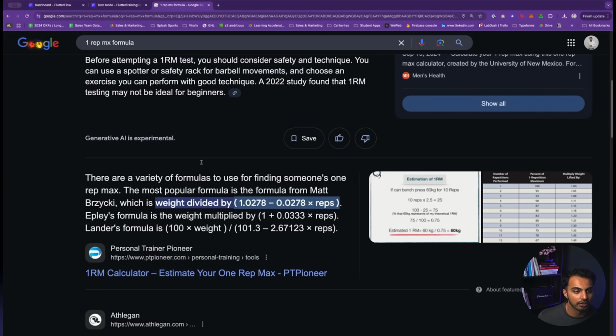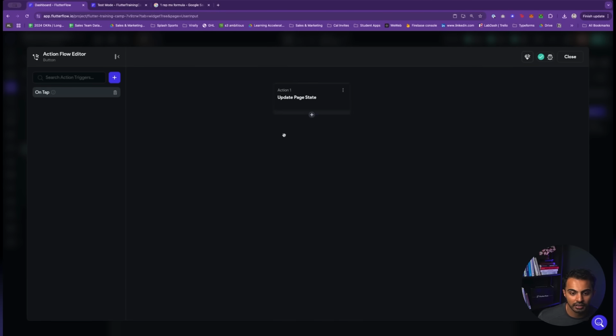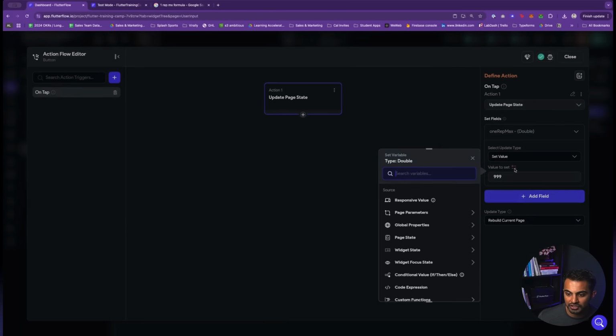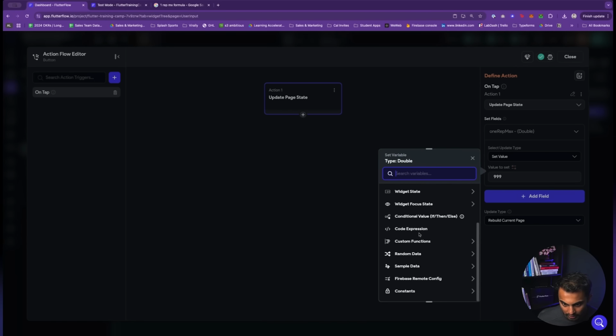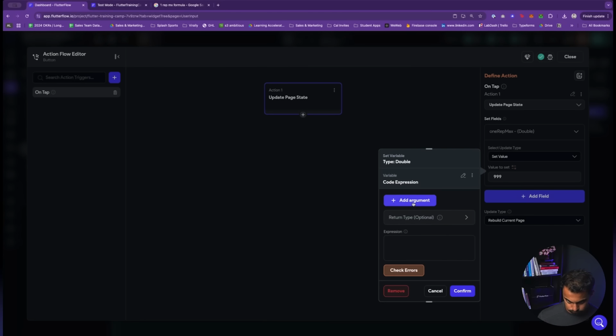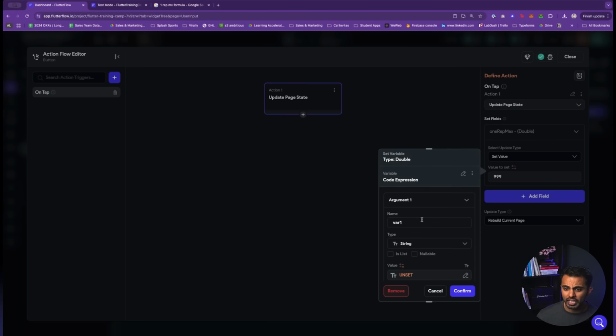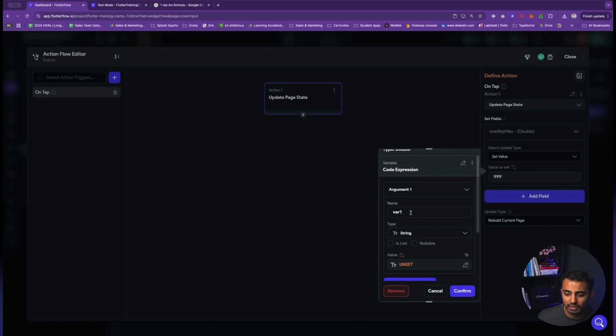Okay, so we'll go back to FlutterFlow, and here, value to set, I'm going to click on the orange icon, and here we're going to do code expression. Okay, I'm going to add an argument. This argument, we'll get into code expressions shortly, but this argument is essentially me passing in some input into a function. Okay, I'm going to say this is going to be the weight.